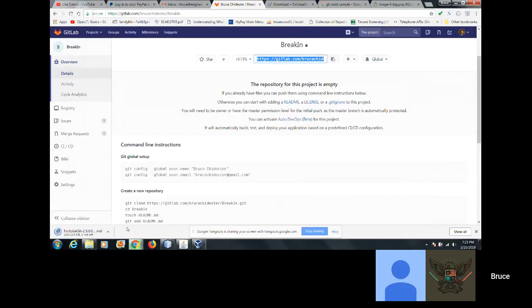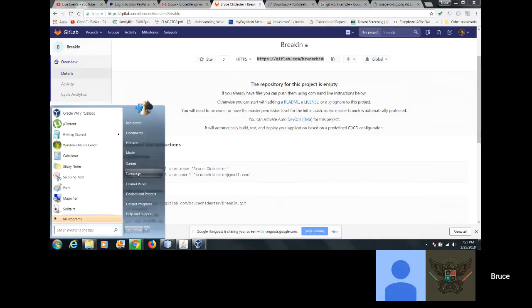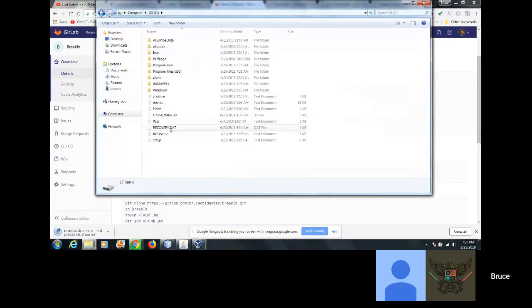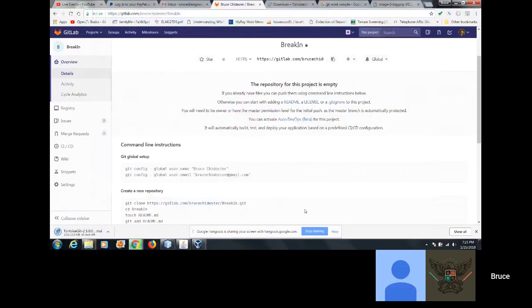Wait, so I'm a little confused. How should I do that? On your C drive, make a directory called SRC. But underneath, sorry, how do I get to the C drive? Oh, you're going to go to Start, Computer, C drive, and right mouse button click and say New Folder. Okay. Then double click on that folder and open it, and then inside say New Folder, and call it break-in.